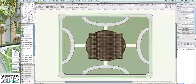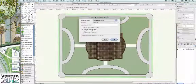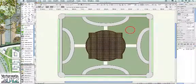Vectorworks Landmark 2012 brings additional improvements in the landscape workspace to help designers accelerate your design process. Let's take a look at the Landmark pull-down menu, where we see a commonly repeated task, Objects from Polyline. This tool, which converts shapes, such as this turf area, into smart objects, like a landscape area, has been moved from the Modify pull-down menu, enabling you to focus your site design efforts in one pull-down menu, making production even